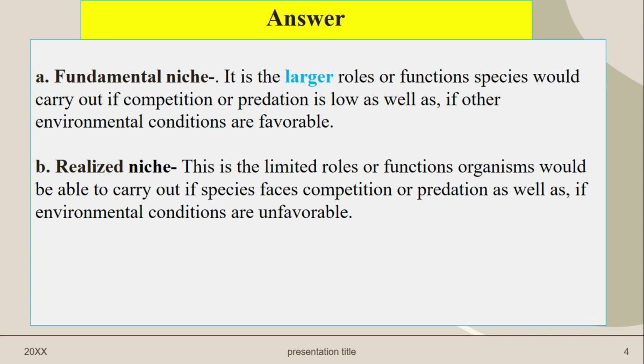The factors that can limit their function are competition or predation. If they are competing for the same space or for the food, if they occupy the same tree from which they feed,